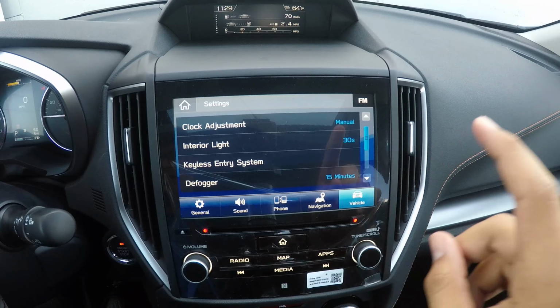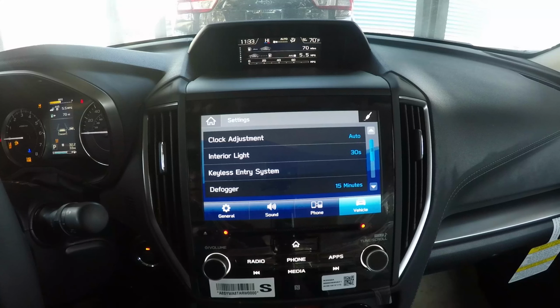And we'll take a quick stop right here. Okay, so like I said, the only thing that you really need to change in navigation is the low fuel warning. We'll come over here to vehicle now,